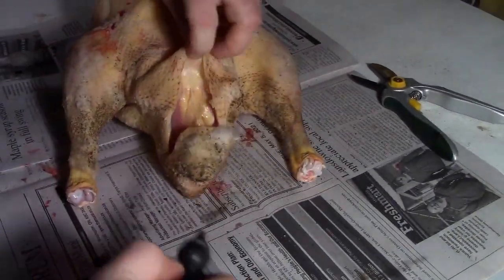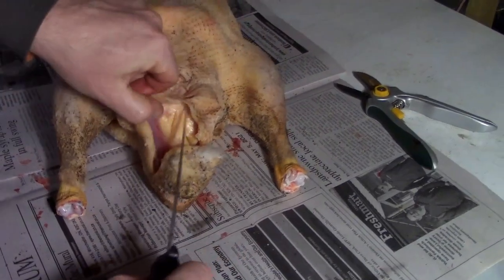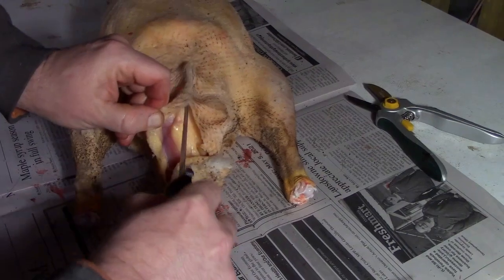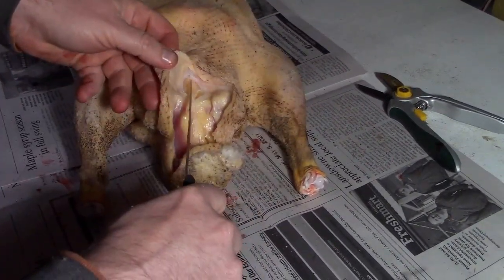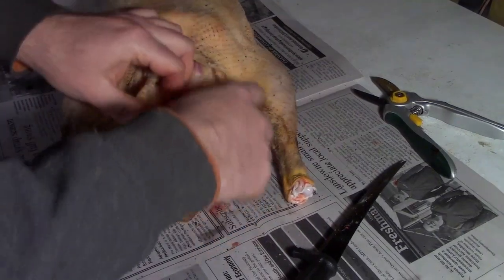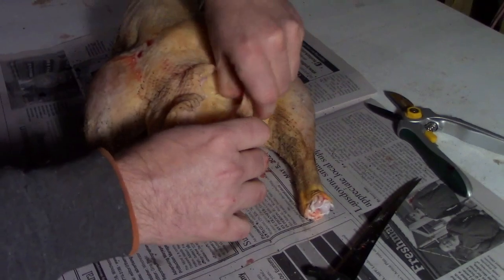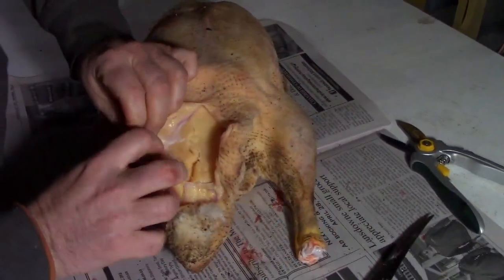So the next part, I probably will come up here just for simplicity's sake. I just want to go under the skin, and I am using a fillet knife for this. I find that works really well for birds, and that'll open it up a bit. Wow, you're not kidding about the lard. No, there is a lot on a goose, and this is all